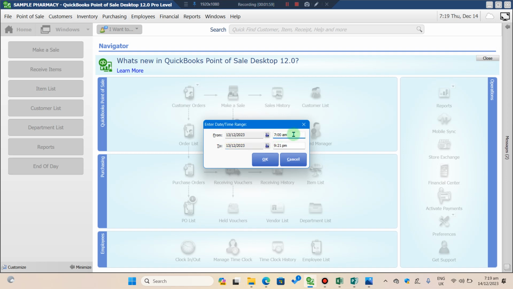And on date, I want to balance the sales between 6 p.m. up to 9 p.m. Now for those of us who are just doing today, this one you just skip,